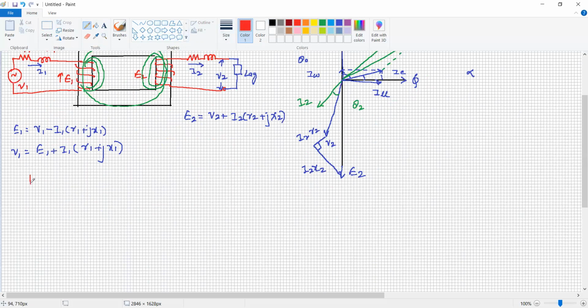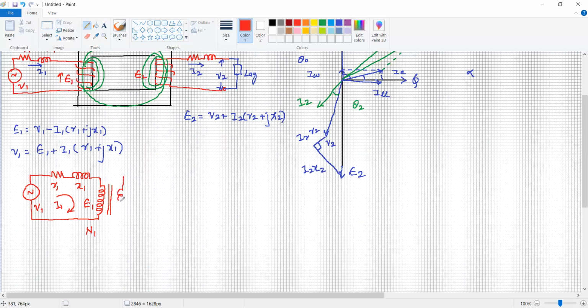This is the primary winding. One by one, we will reduce the circuit. But for understanding purposes, this is the primary resistance R1, primary reactance X1, and the winding with number of turns N1. The EMF induced is E1, which is opposite to the supply voltage V1, and the current flowing in the primary winding is I1. Now the core is represented.